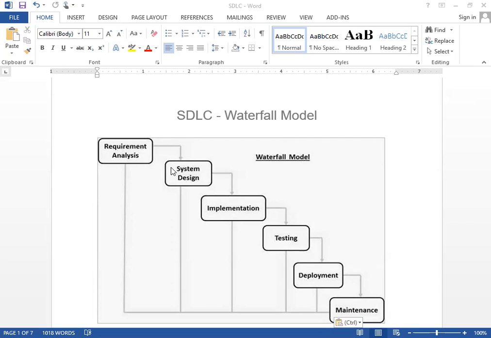Its output is the input of system design, where the designing is performed. After that, it goes to coding, or implementation, where the actual functionality is built. The output of the implementation phase is the input for testing. Whatever code has been written must be tested.